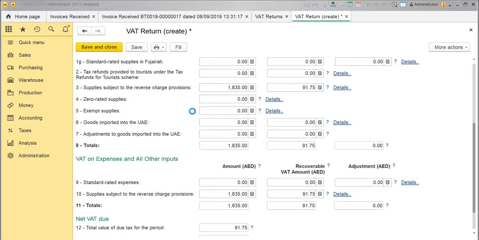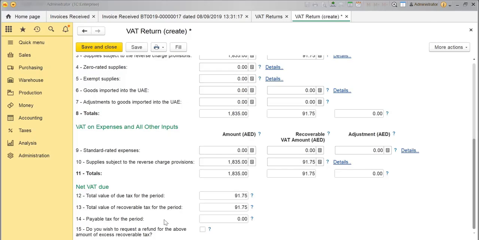Once filled, you can see box number 3 and 10 get populated automatically, which picks up the data from the posted transaction. The document we posted was in US dollars. In the VAT return, it will be converted to AED using the central bank rate. It increases the VAT payables and VAT receivables but makes nil effect or difference in box number 14.